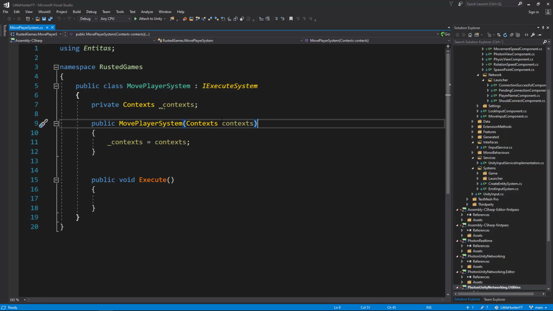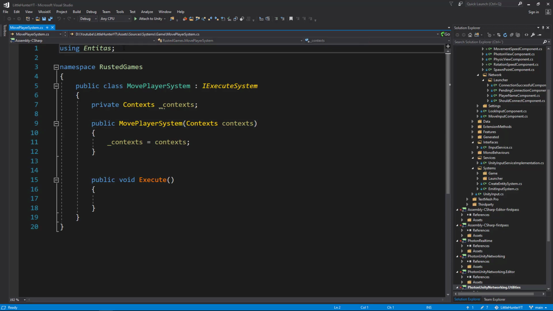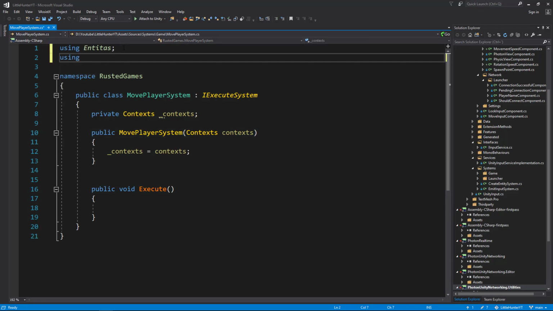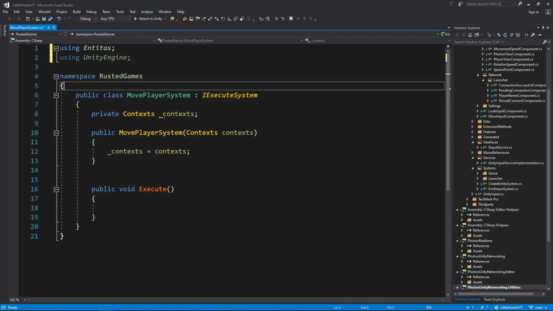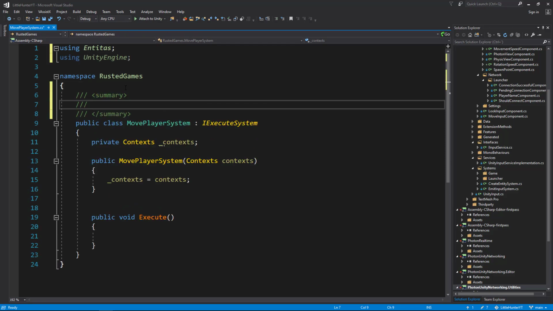So once it is open, we need to include our using UnityEngine, and also let's add a little description here explaining. So this system moves the player according to the move input